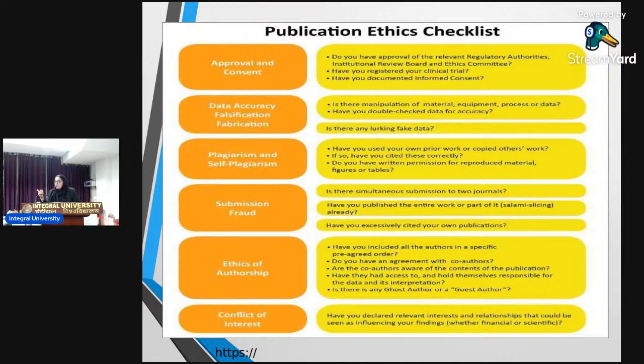Please find time to discuss your results with your supervisor. Open communication is very, very important, right? Open communication between the supervisor and the scholar is very important. Even if you're not getting the right kind of results, what do you understand by right kind? Data which is not conforming to your hypothesis, it's okay.